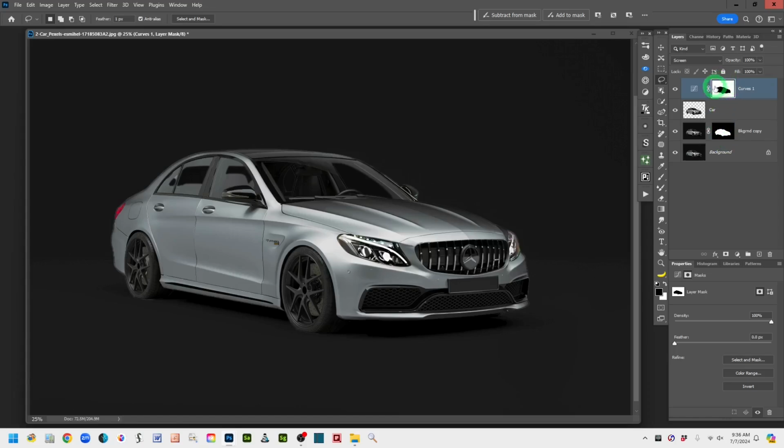And now what's being affected by the curve and the screening is the area surrounding the car. Next thing we have to do while still on the same layer is get rid of this little chain link icon. So this link is telling you that anything that's done on this layer will affect the entire image. But if you get rid of this little chain link by left clicking on it, see now it's gone,